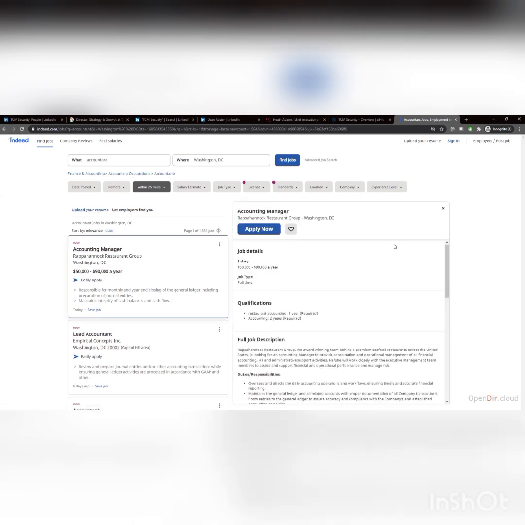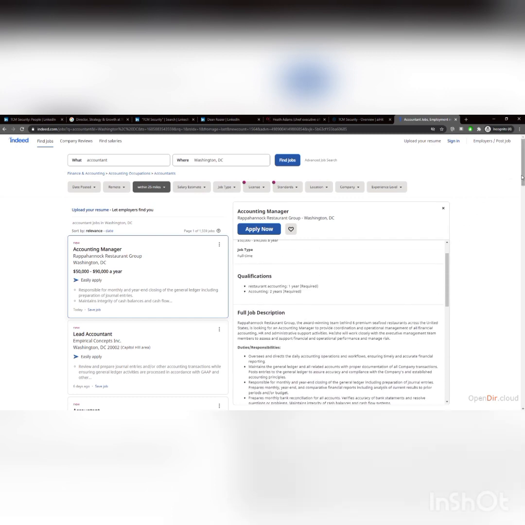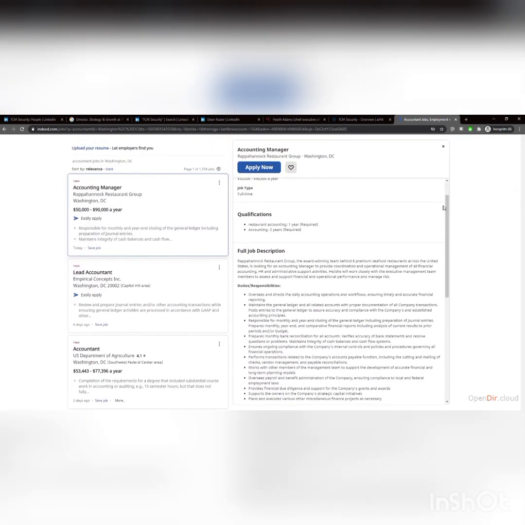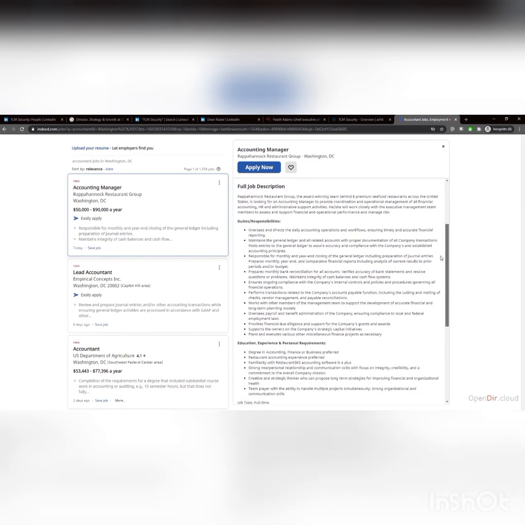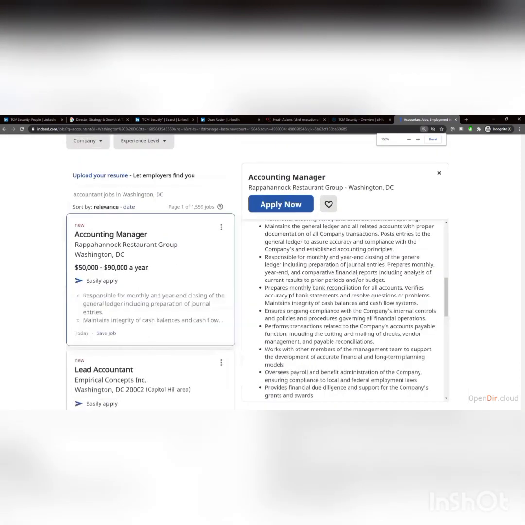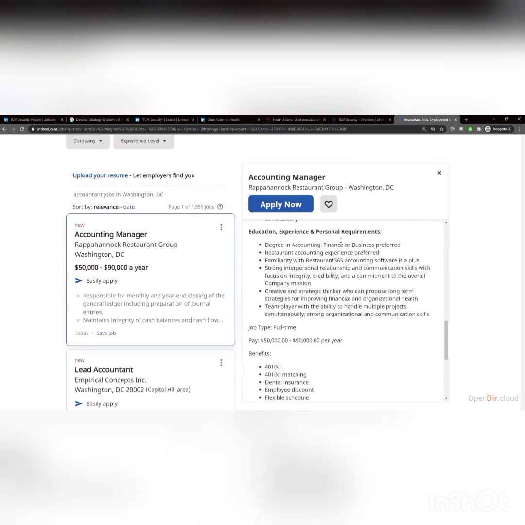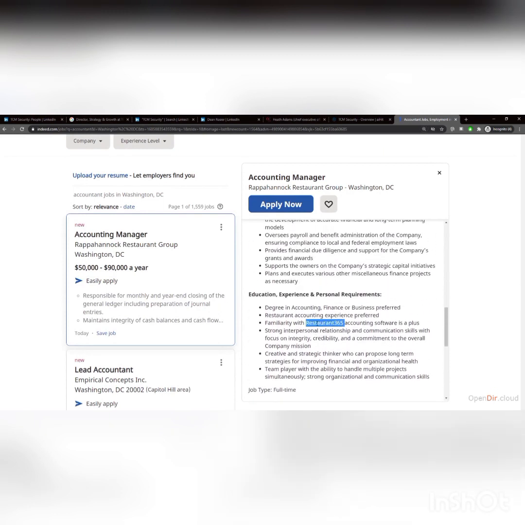You click on the job details, and sometimes the job details will give a lot of information away. So if we look through the duties and responsibilities and the preferred skill sets, stuff like that, you might be able to find information. Like one right here, let me make this bigger. If you look at this, look, familiarity with Restaurant 365.